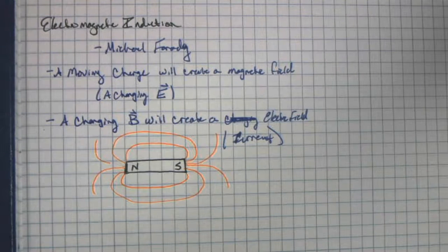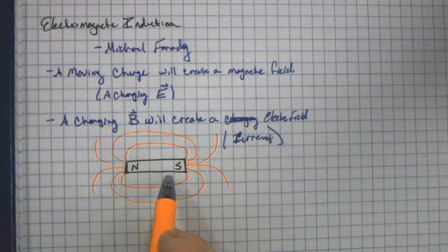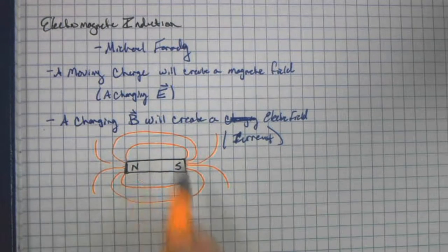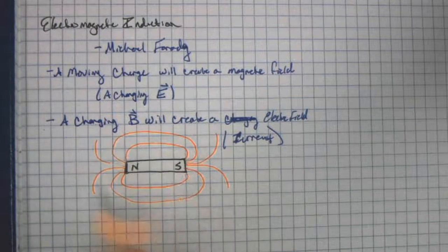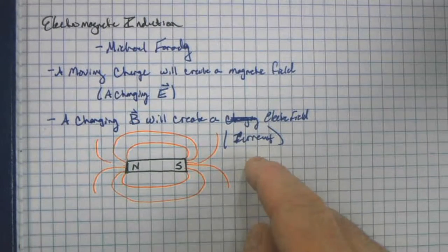Whereas in electricity, we can have what's called an electric monopole, where you can have something with just one charge, just a negative charge or just a positive charge. It doesn't work this way with magnets. You're going to have both ends, and because of that, you always get these loopy field lines. They always curl back onto themselves, or towards the north end of some other magnet.